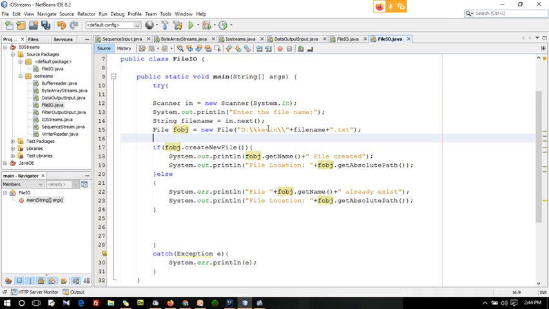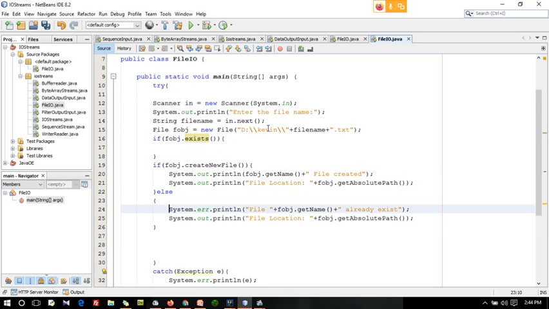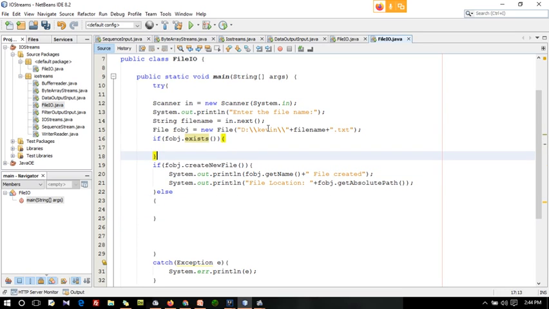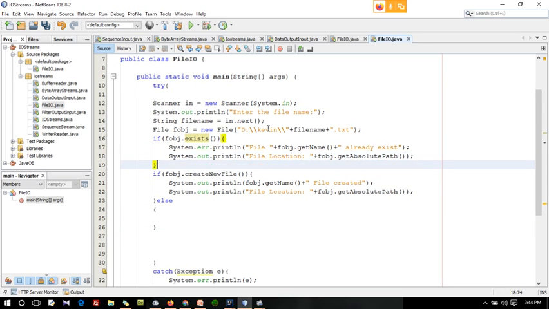So what I can do, after entering the file name, guys, I can just check like if object dot exist, I can say the file already exists, and I can get the path. And I can use the else if.